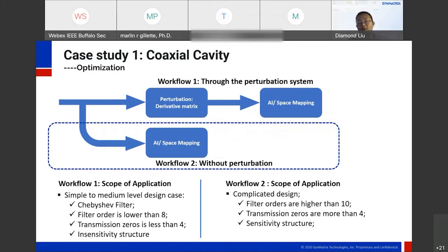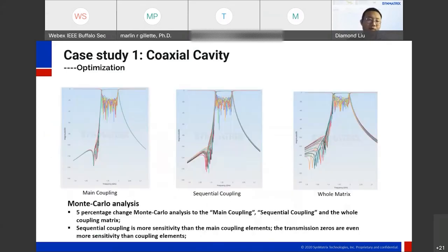The second workflow can be used more generically. Say I don't know how sensitive my coupling matrix or my structures are, and I don't want to waste time on these perturbation runs, then I just go directly to the AI. So it can handle filter order higher than 10, and more than 4 transmission zeros, with these very complicated case designs. The reason why I go to the AI workflow tool is through this Monte Carlo analysis, where I